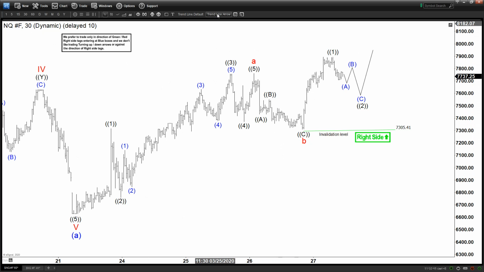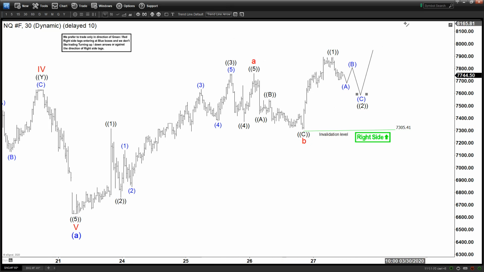Now you can see right here the decline to around 66.22. This low here ended wave A as a 5 waves. You can see 4 and 5 here, so this is a 5 waves down ending wave A. So that means currently we are in the wave B rally. By definition wave B is a correction, right? So this is a corrective rally, and we can see the subdivision of the B is in the form